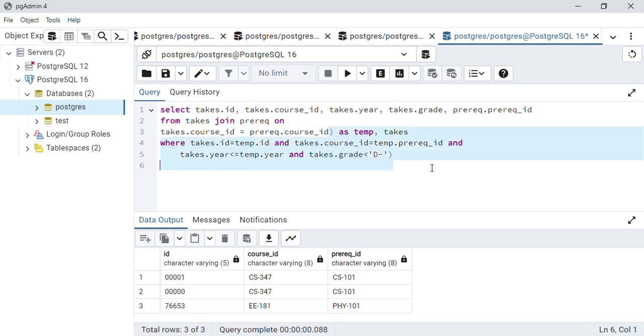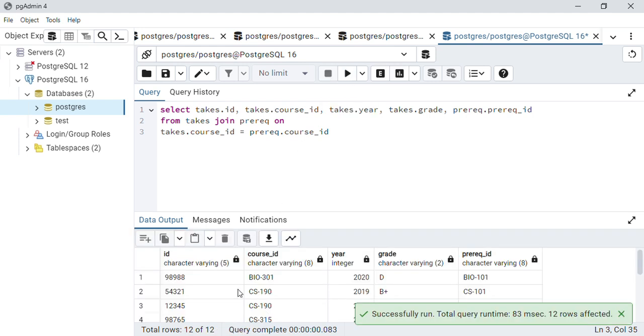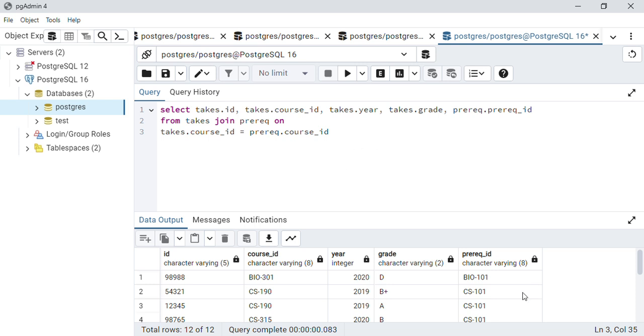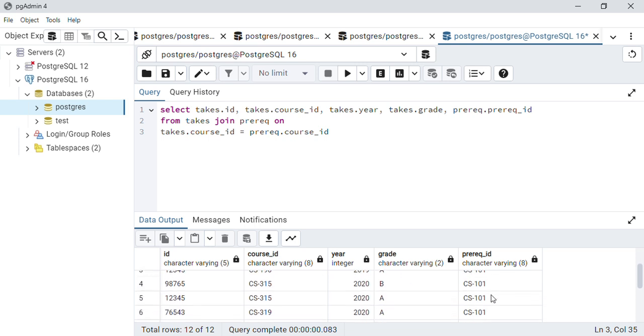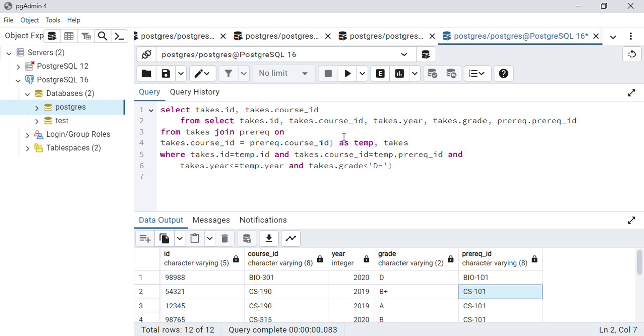So if we do that, then it joins the takes table to the prerequisite table, and it outputs the takes ID, the course ID, takes year, takes grade, and the prerequisite required. Okay. Now,